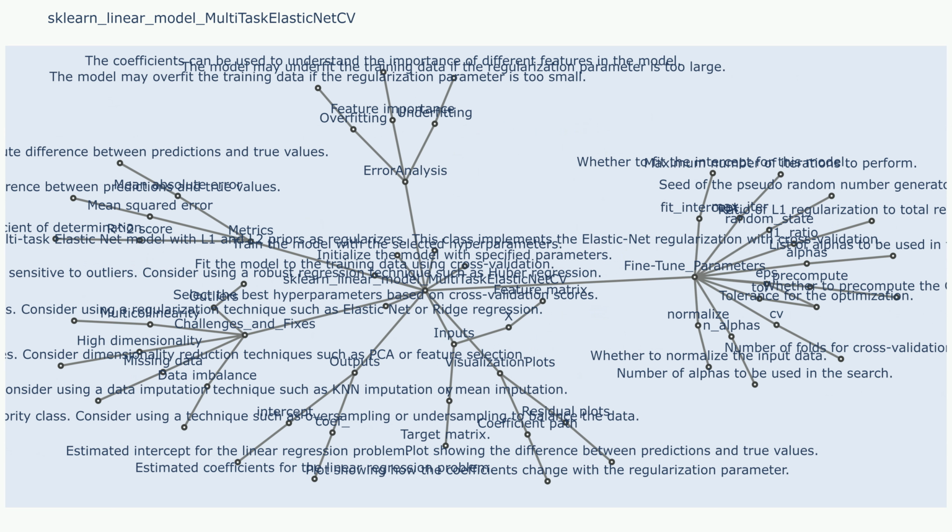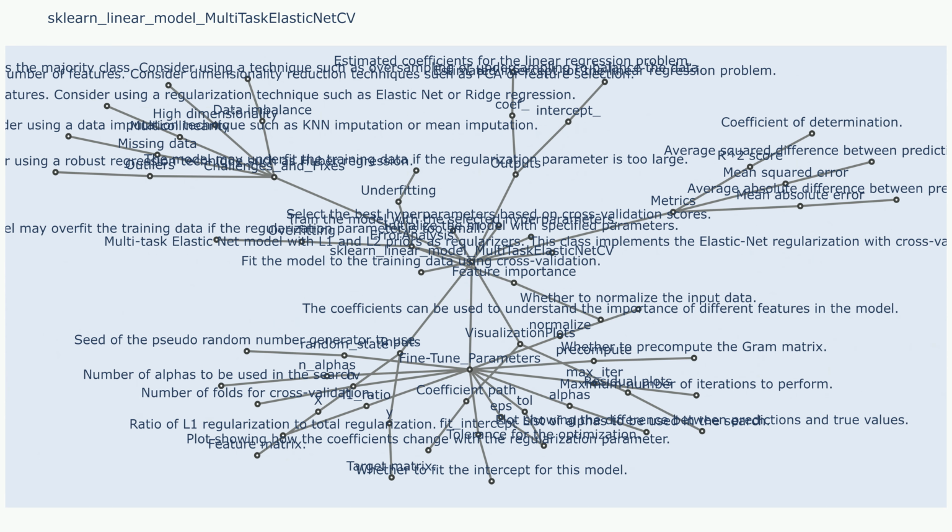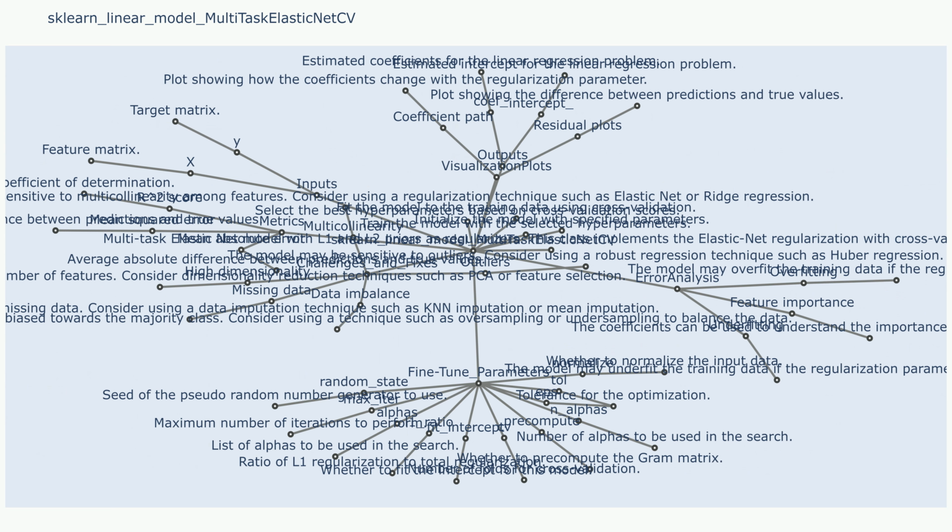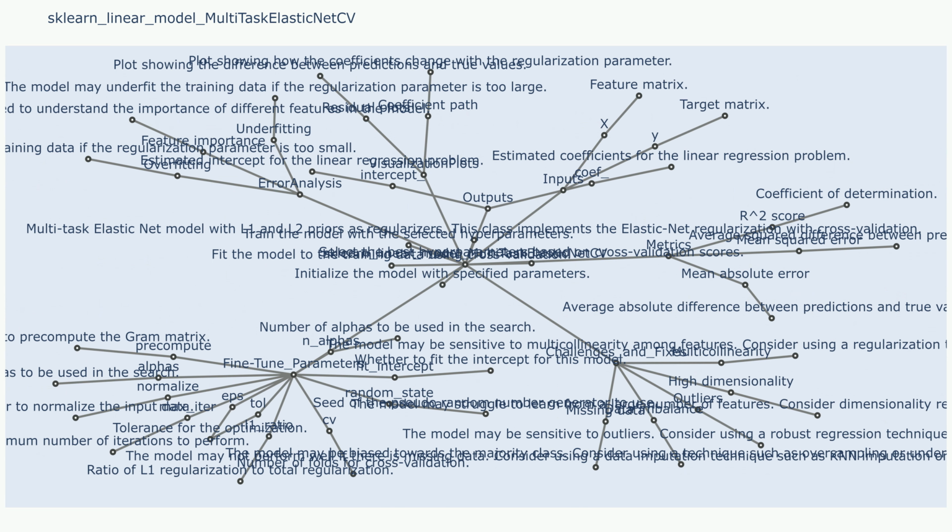Challenge 2: overfitting. Sample use case that resulted in challenge 2: when the model is too complex, it may overfit the training data and perform poorly on unseen data. Fixes to challenge 2: use cross-validation to select the optimal model complexity. Use regularization methods, such as ridge regression or elastic net. Challenge 3: feature scaling. Sample use case that resulted in challenge 3: when the features are not scaled, the model may be biased towards features with larger scales. Fixes to challenge 3: scale the features before training the model.